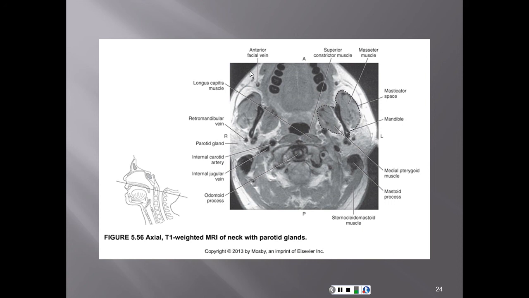T1 weighted MRI of the neck with the parotid glands. So this is the masticator space. They outlined it for you. And the masticator space, of course, has the masseter muscle, the ramus of the mandible, and the medial pterygoid muscle. I think we're fully competent on that group of